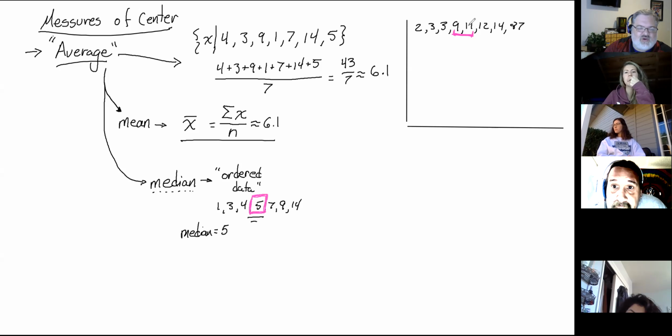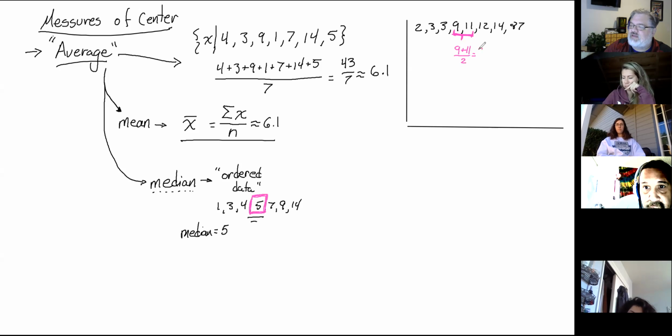If we try to think of what's between 9 and 11, there should be a number that jumps out at us. But essentially, it might seem counterintuitive, but to find the median, if there are two middle points, we essentially find their mean. That would be 20 over 2, so it would be 10. So here our median